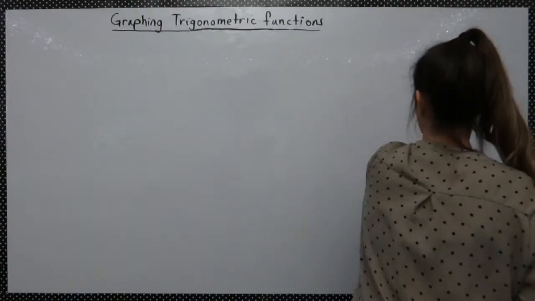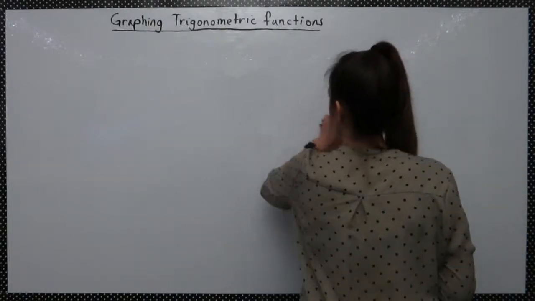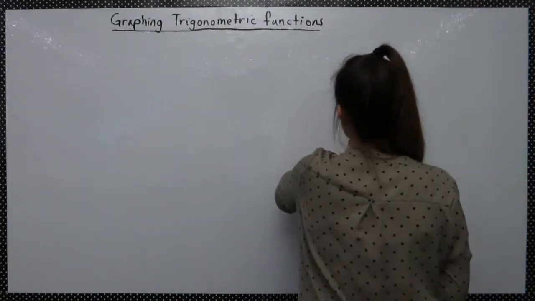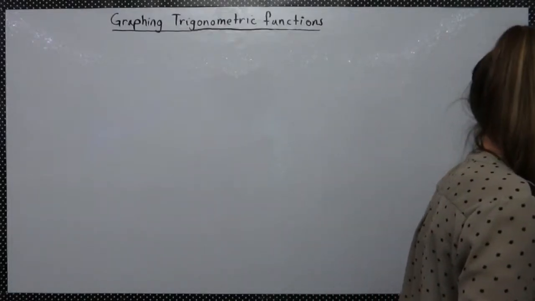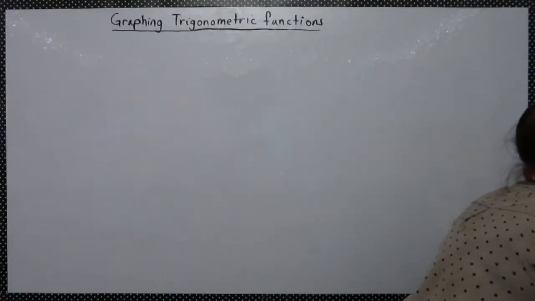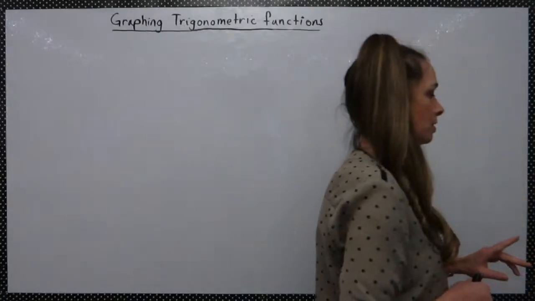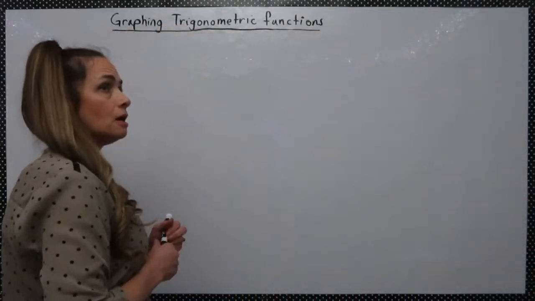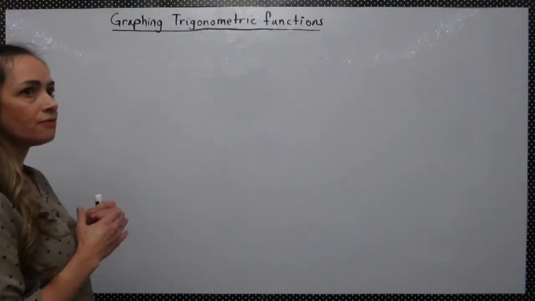So anytime you have a rational function, what I mean by that is it's a function involving a fraction of some sort, where you end up with x in the numerator, or you have a variable in both the numerator and the denominator, then you'll have potential areas in the graph where